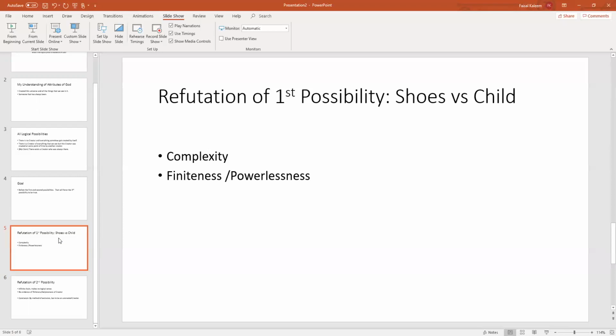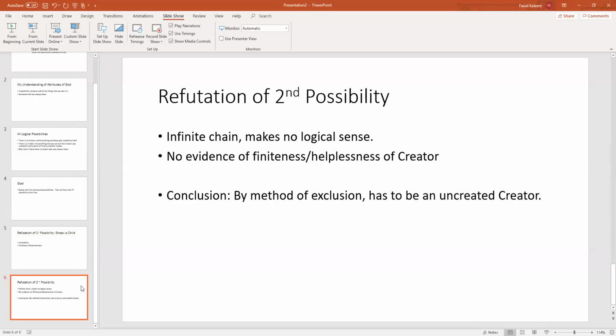Now, in case of the creator, there is no evidence of finiteness or helplessness, the kind of evidence that we have in case of a child or in case of a pair of shoes. So let's keep this one aside because that one is kind of uncertain, not known. But it means that if we have reached this conclusion that a creator must have a creator, it's only because of the complexity argument, not because of the finiteness argument. Therefore, by that complexity argument, if the creator must have a creator, then that creator must have a creator, and then that creator must have a creator, and this is a never-stopping process. And actually, if you think about it, that makes no logical sense. Actually, that can be ruled out,